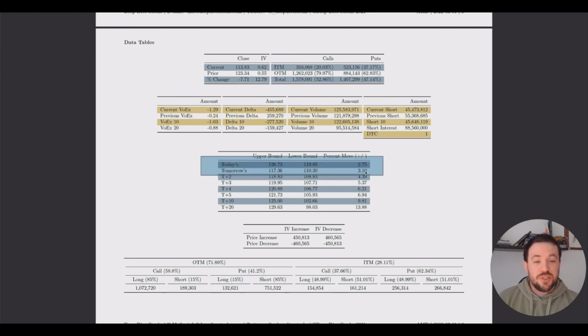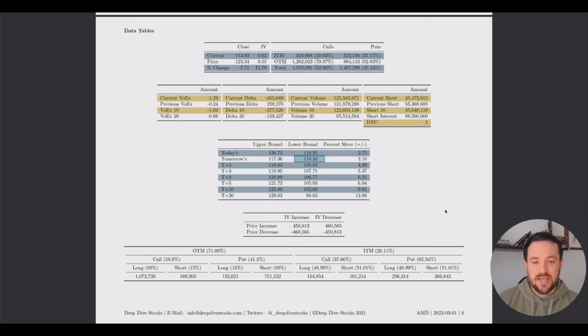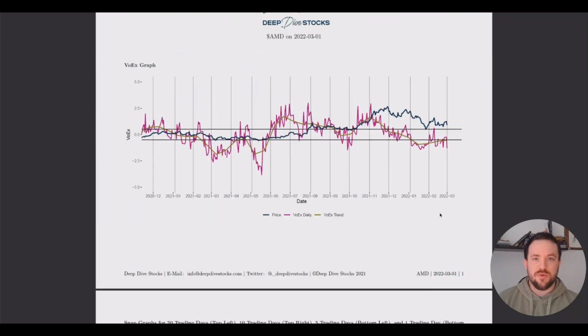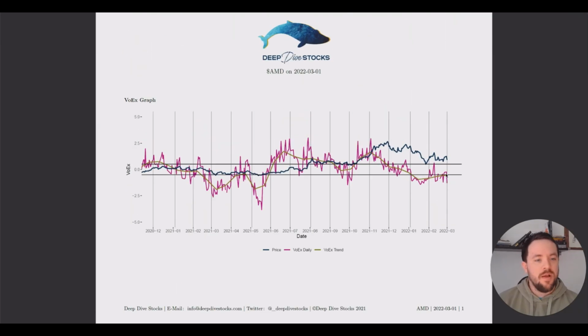As long as those percentages aren't too big, I consider things okay. The expected price range today is 3.10, so the upper band would be 117 or 110. I wouldn't be too surprised if it tries to make its way back to 110. Overall, it's not unreasonable, I think, for such a big movement. VoEx didn't fall off the face of the earth. This is a somewhat significant downturn, but